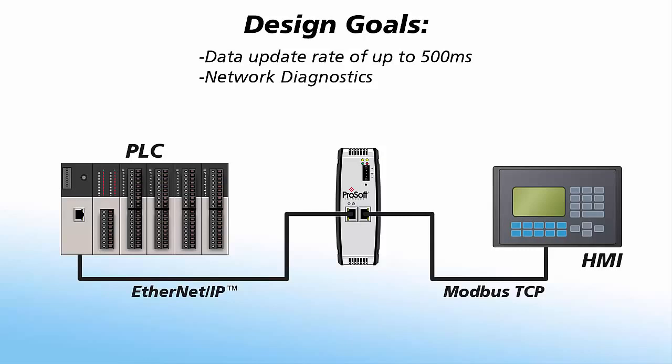The HMI is a client, and so we'll have to configure our gateway as a Modbus TCP/IP server to communicate with it. In this case, we'll make the gateway a server on the Ethernet IP side as well. This means we'll need to use message instructions in the PLC program to communicate with our gateway. The client messages from the PLC will be sent with a lower priority, only executing once all the I/O messages